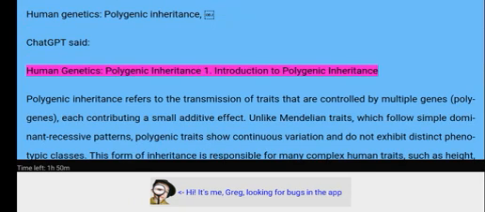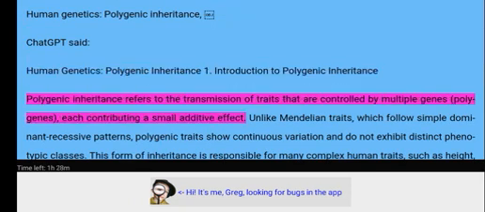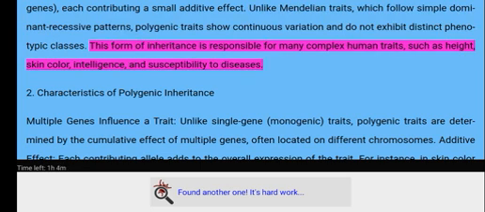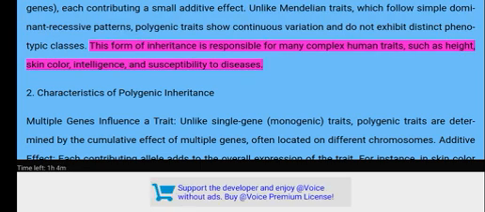Human genetics, polygenic inheritance. Introduction to polygenic inheritance. Polygenic inheritance refers to the transmission of traits that are controlled by multiple genes, polygenes, each contributing a small additive effect. Unlike Mendelian traits, which follow simple dominant-recessive patterns, polygenic traits show continuous variation and do not exhibit distinct phenotypic classes. This form of inheritance is responsible for many complex human traits, such as height, skin color, intelligence, and susceptibility